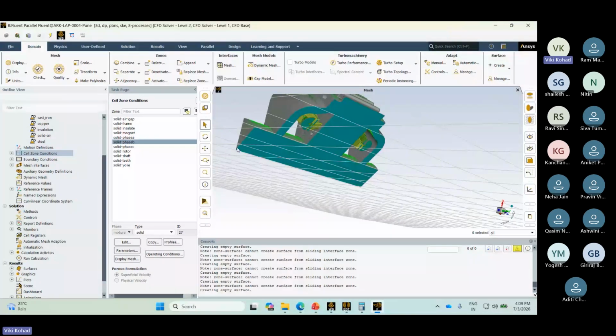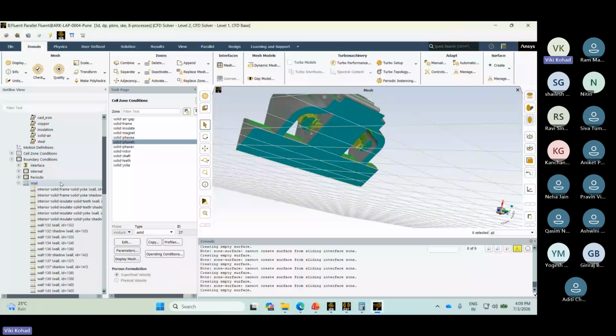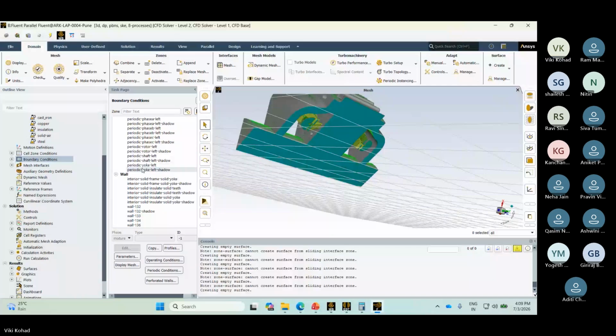In the boundary conditions, we just gave the boundary condition to the walls only. Periodic walls, they are the walls we have. For these, we gave all the convection boundary conditions. Like here you can see wall, rotor, wall, magnet. So for all of these we gave the boundary conditions. After giving the boundary conditions,